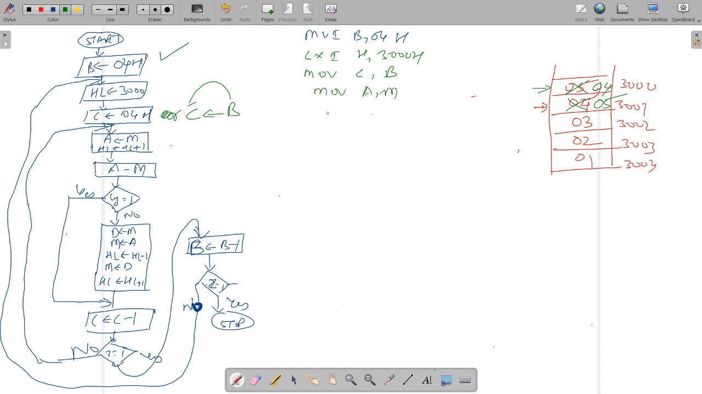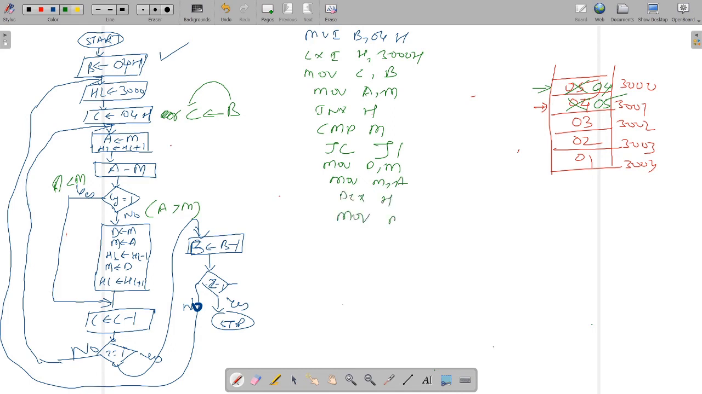So you are incrementing the HL pair, so INX H, then a comparison has been made, compare CMP M, then you are jumping when the carry has been generated. So it means that this is A greater than M, and this one is A less than M. So jump if carry, so you can write here JC J1. Now there is a movement of data, that is MOV D, M, then MOV M, A, then DCX H, then MOV M, D, sorry,